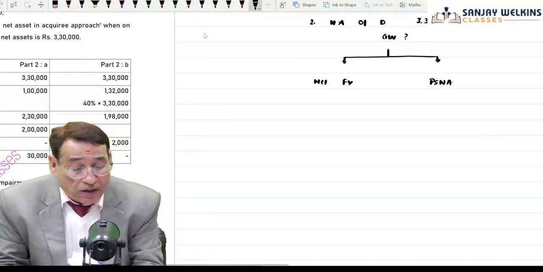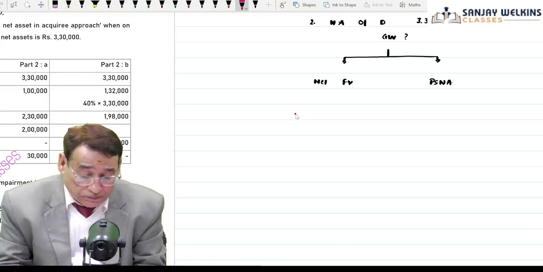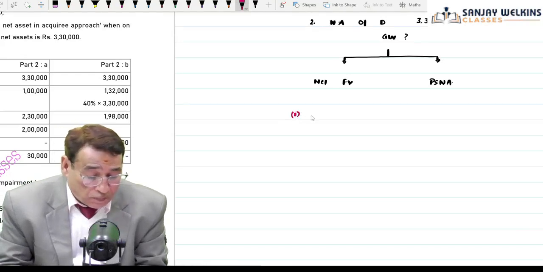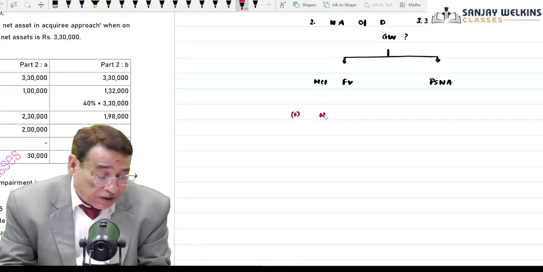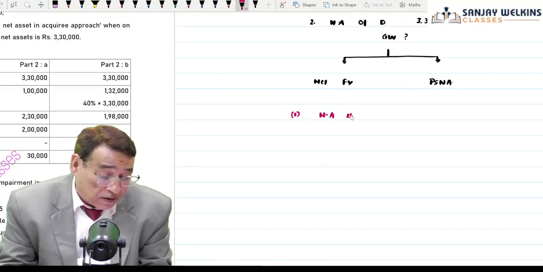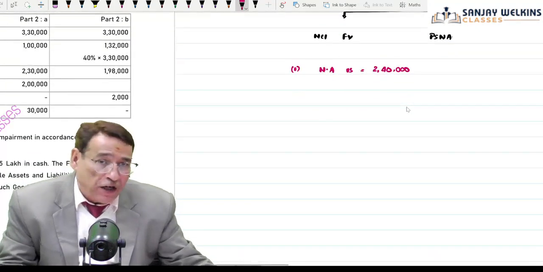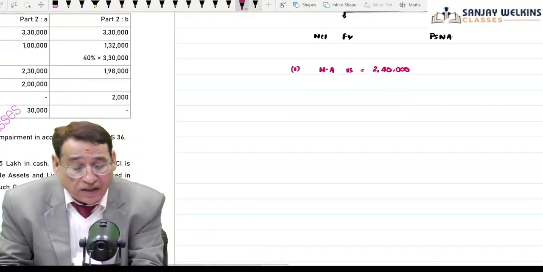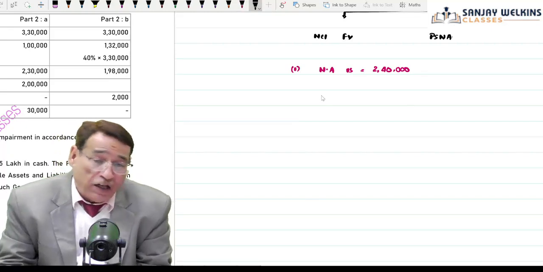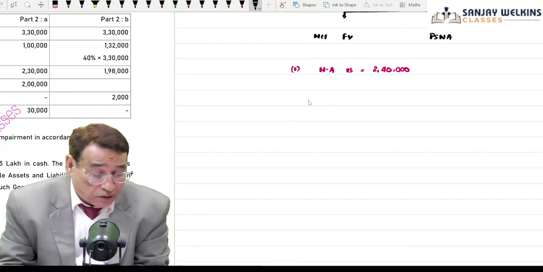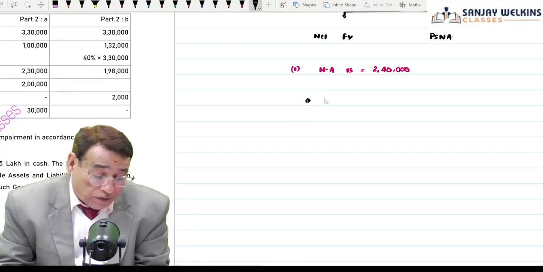So to solve part 1, when net assets of D Limited is equal to 2,40,000, we have to find out the amount of goodwill when NCI is valued at fair value basis and at PSNA basis. Even under this part, first I write goodwill